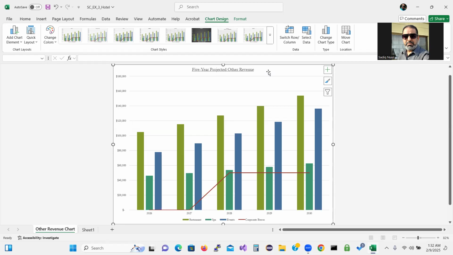Now we need to add the data labels. So why do we need to add the data labels? Data labels can make the chart more easily understood. Sometimes if you don't want it, then you can remove it, right? So now to do that,